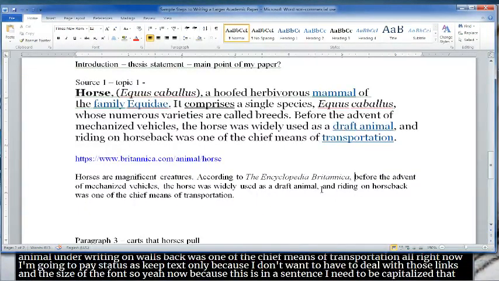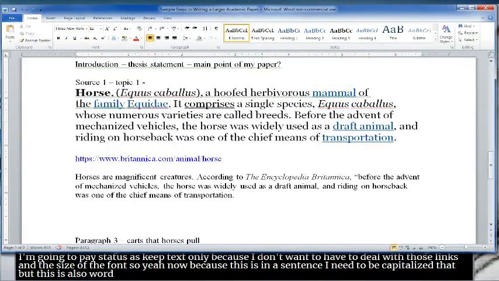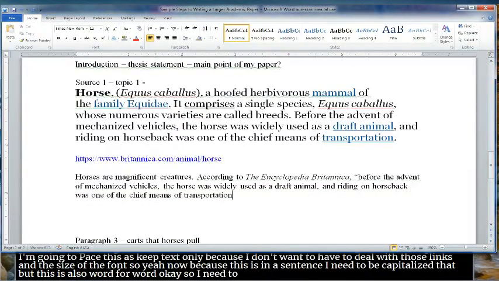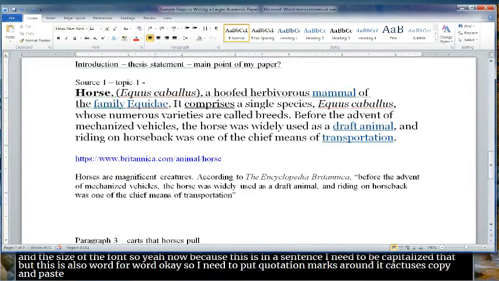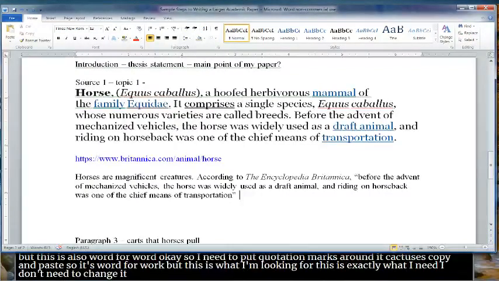But this is also word for word. Okay, so I need to put quotation marks around it. Okay, this is copy and paste, so it's word for word. All right, but this is what I'm looking for. This is exactly what I need. I don't need to change it any. So it's good like it is, but I need that in-text citation at the end. Now, I'm just going to put in-text citation